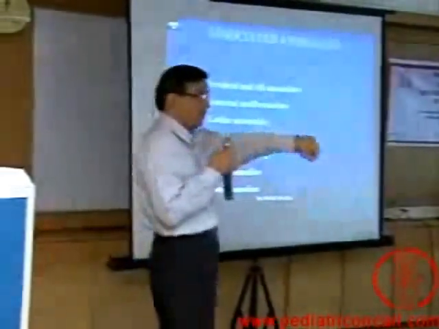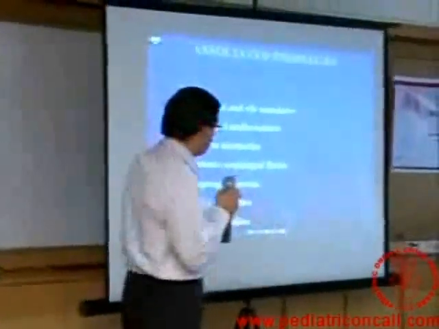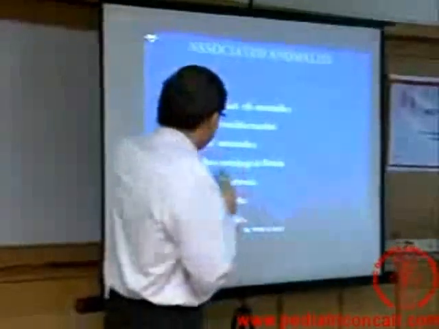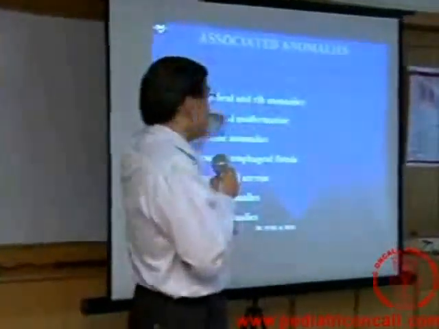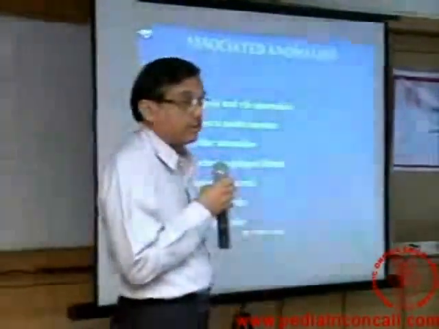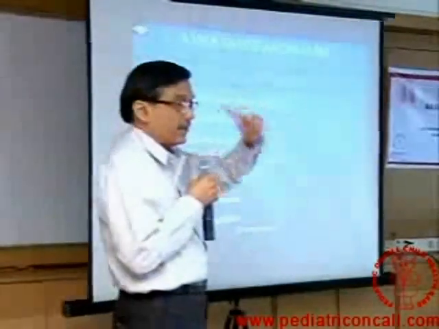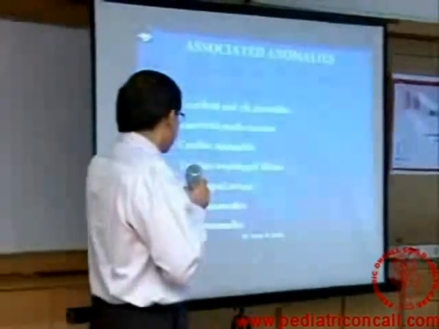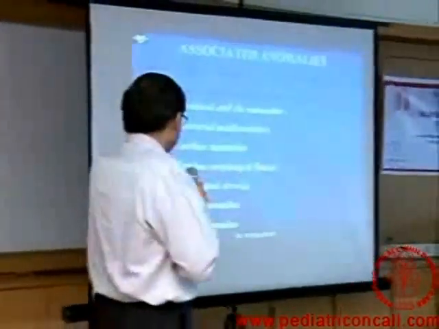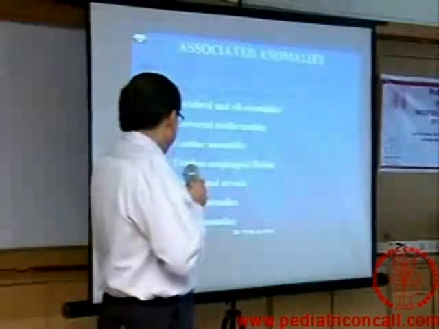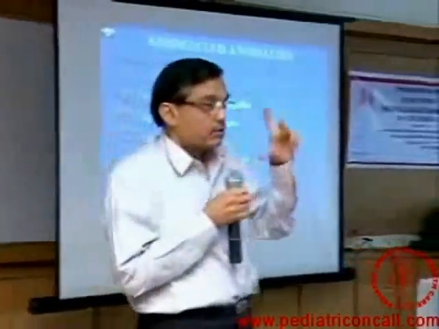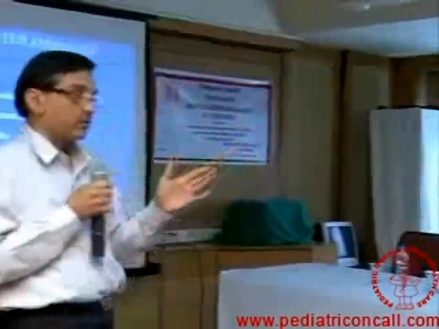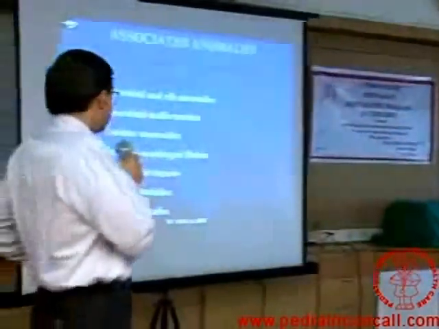Associated with esophageal atresia and tracheoesophageal fistula is a mnemonic, like the ones we used to use in anatomy. So similarly, we have what is known as VACTERL. V stands for vertebral anomalies, A stands for anorectal malformation where there may be an imperforate anus, C is cardiac anomalies, T is the presence of tracheoesophageal fistula, E is the presence of esophageal atresia, R is renal anomaly, and L is limb anomalies. So whenever you see a patient of esophageal atresia with or without tracheoesophageal fistula, think about these things.